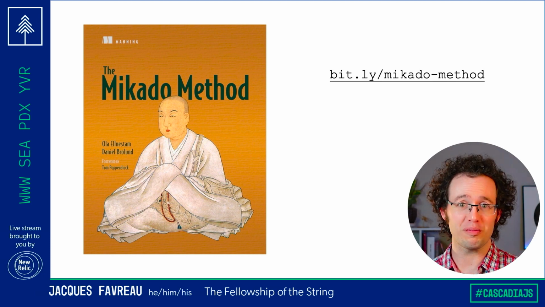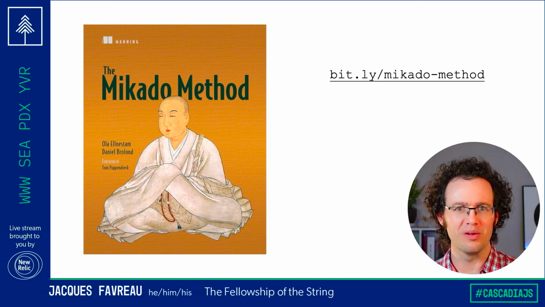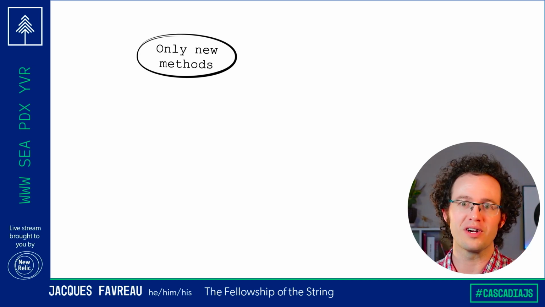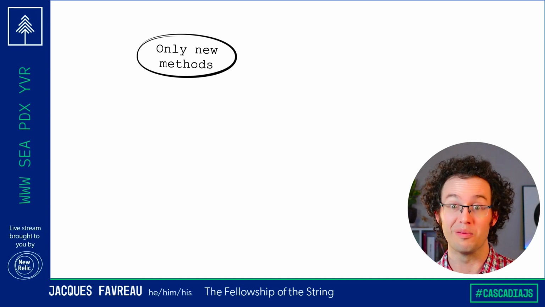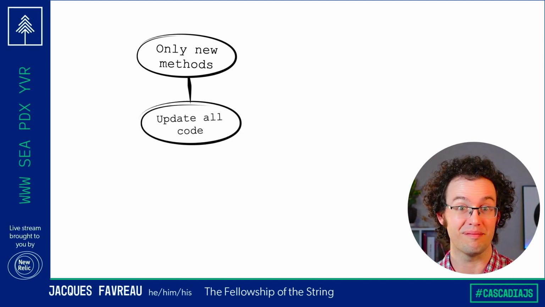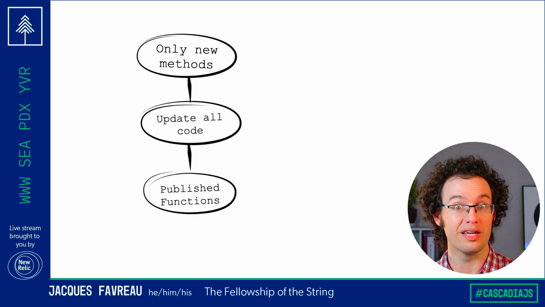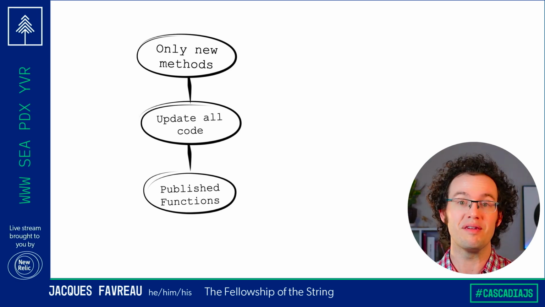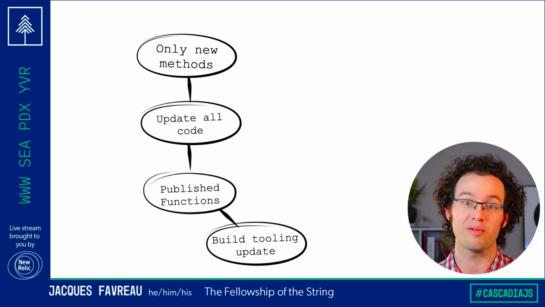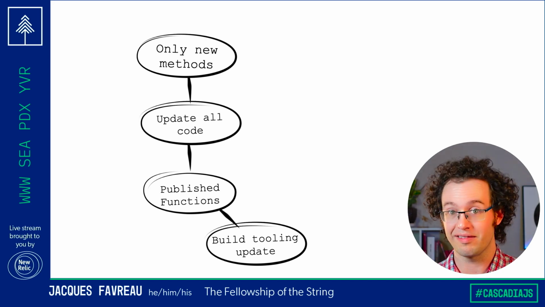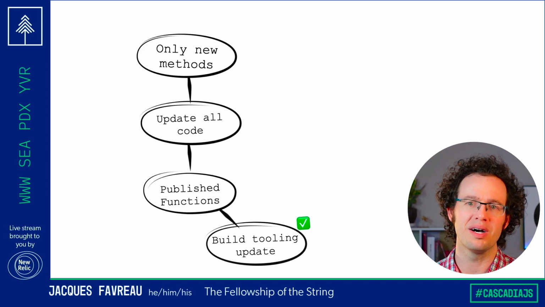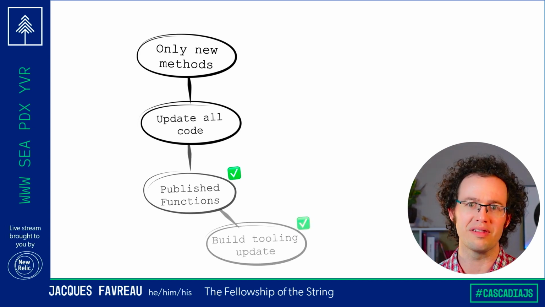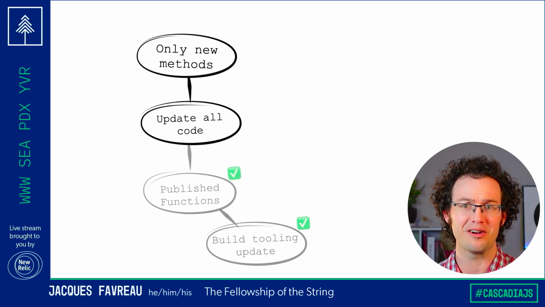For the strings project, we start with our goal. We want the two new functions to be the only way to localize strings. And then we work backwards. So what's in the way of that? Well, the code needs to be updated. And before that, we need the two functions to exist. And even before that, we need our build tooling to recognize require string in the same way it recognizes the meta section today. So going bottom up, the first two steps went smoothly, but when we get to updating the code base,